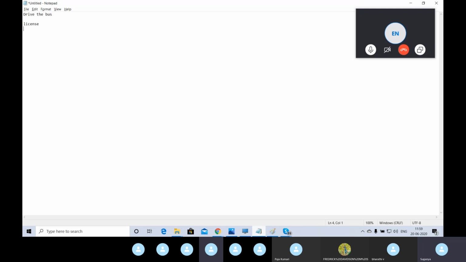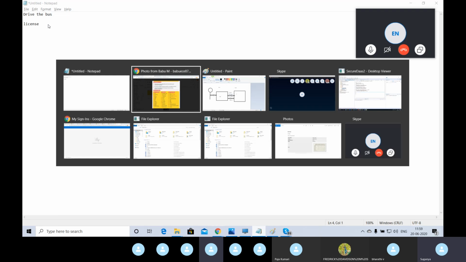To check whether you know how to drive the bus, to check whether you are driving the bus properly. Am I correct? It is not like if you know how to drive the bus you can drive like anything, correct? You should know where to start and where to end. So those kinds of concepts will come under post Selenium.